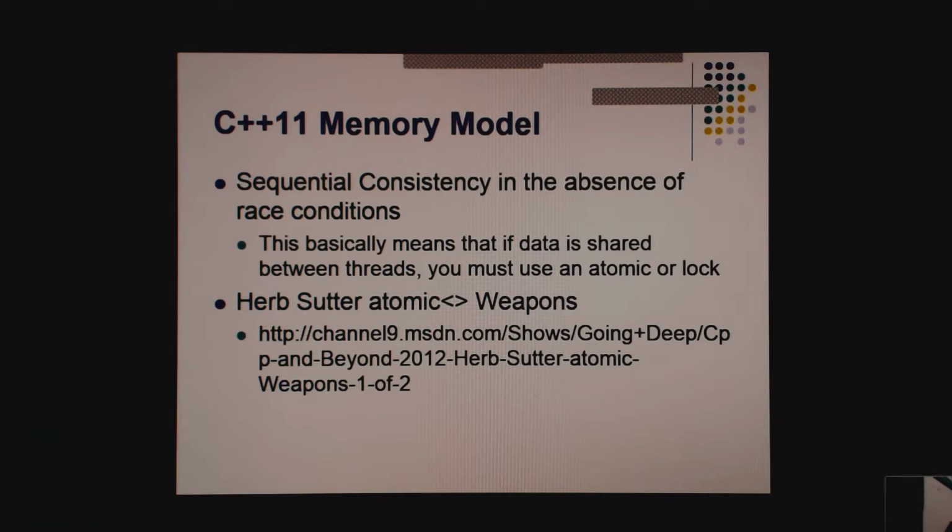C++11 introduced, by the way, why is this so important? The reason this is so important is processors are very fast today, even if they haven't gotten faster in the last 10 years.